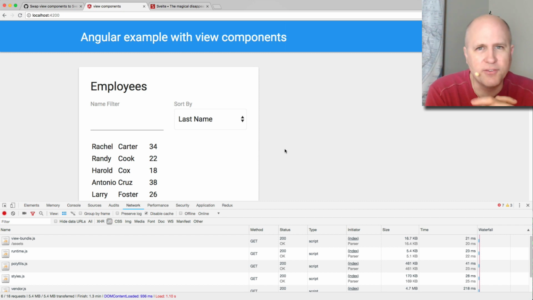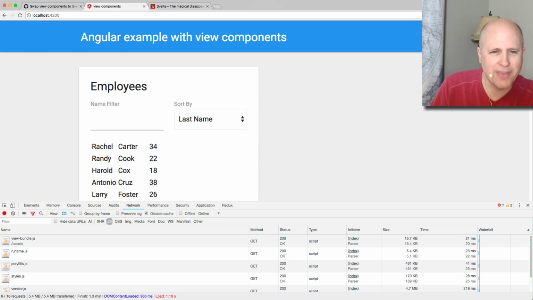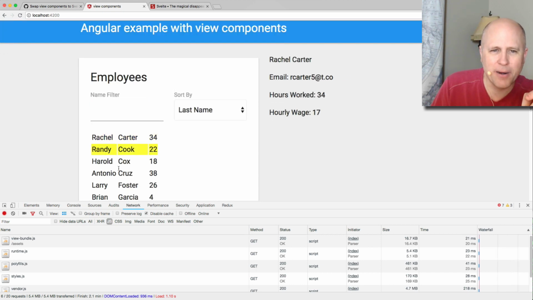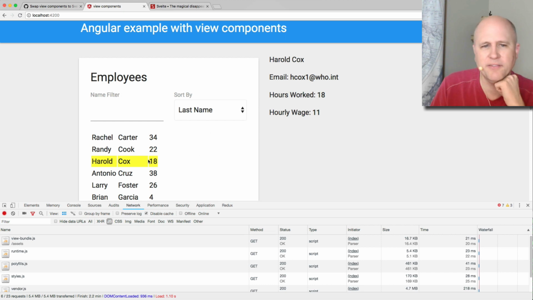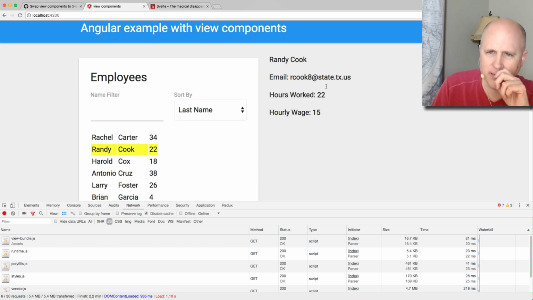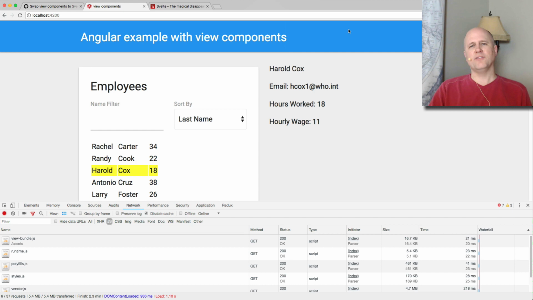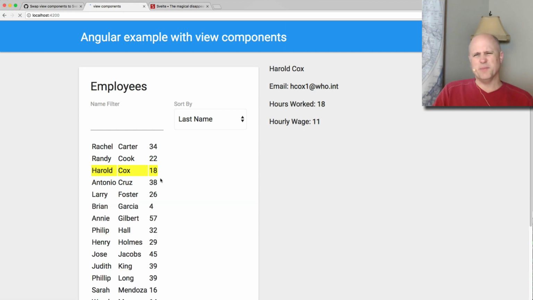And it has the effect of stopping the CSS you write inside your component from leaking out and affecting your application. It also has the effect of stopping the CSS you write in your application from leaking in and affecting your web component. And so you'll notice that compared to the last video, you can go back and watch that, this is a very sparse appearance. This table is not a styled table, and this detail is not a styled detail view. That's because my application level CSS, which I think is Materialize or something, doesn't leak